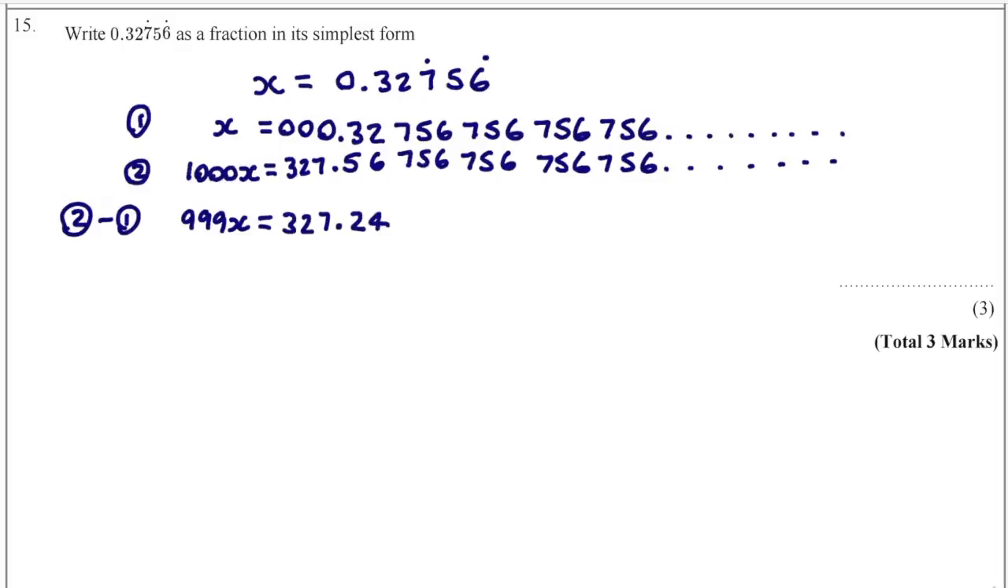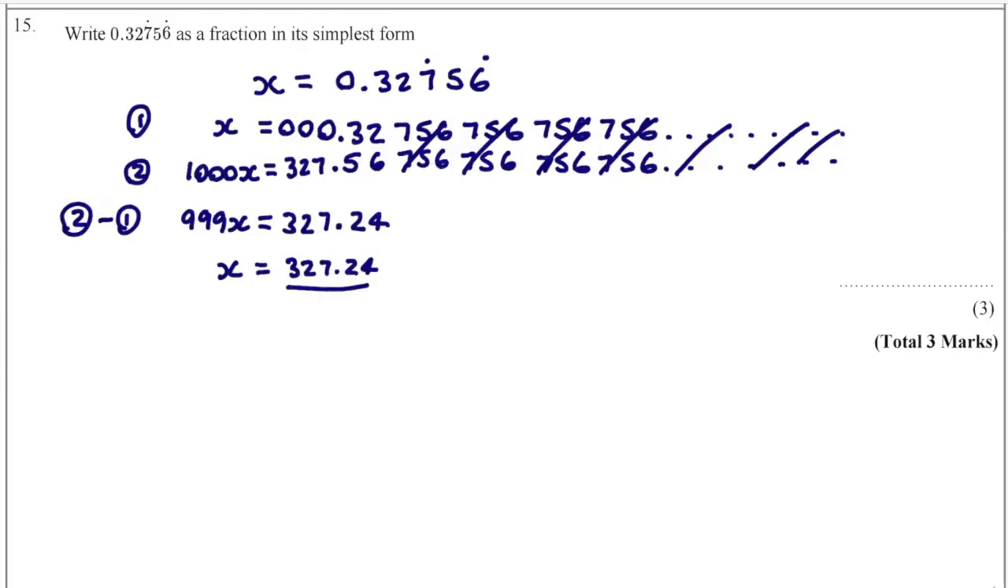Then you should be able to see that all of these 7, 5, 6s are going to cancel each other out. They all cancel out, so we're just left with 999x equals 327.24. Now we can divide both sides by 999, so we get x equals